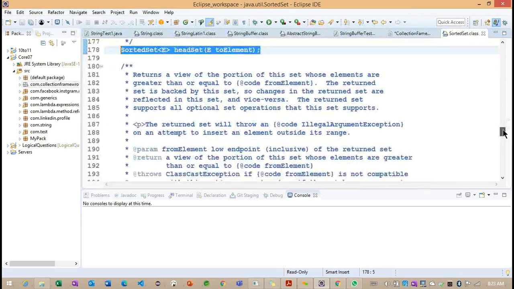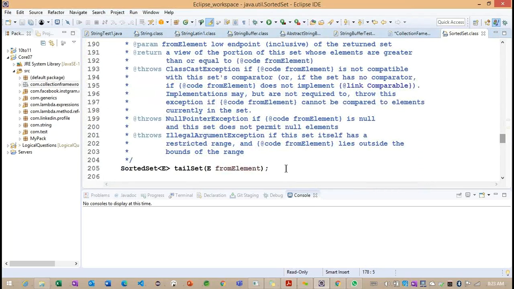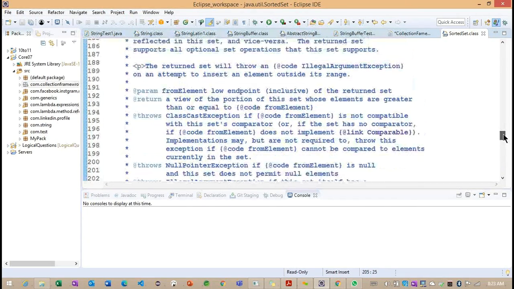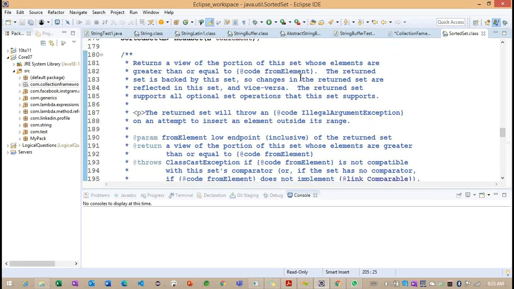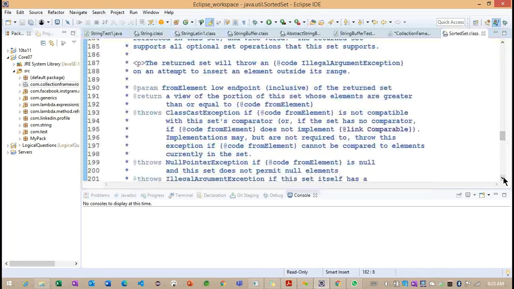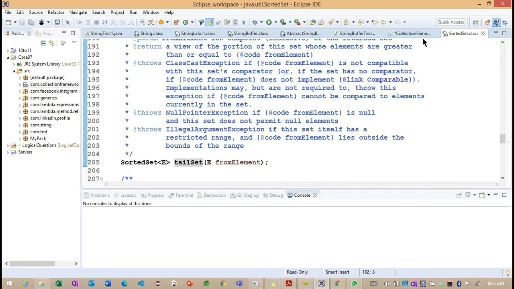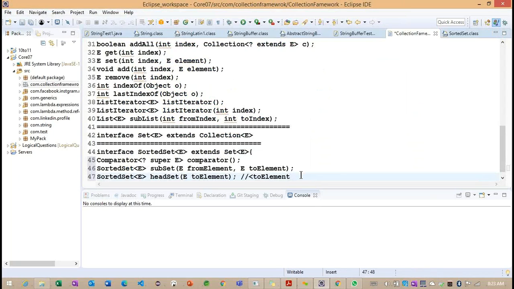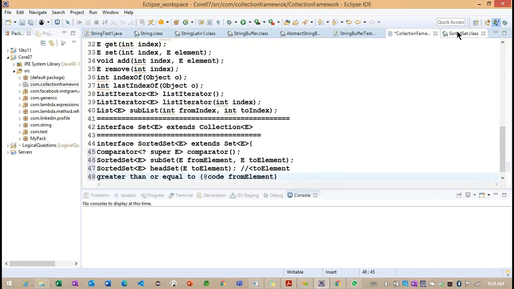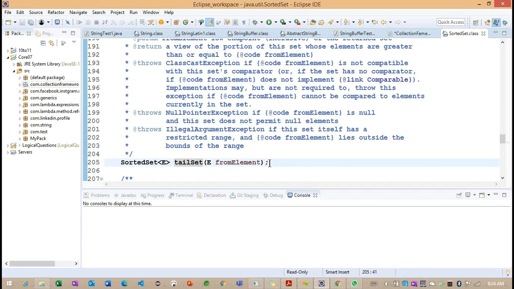After completion of this, we need to discuss the tailSet. Now you can see the condition for this tailSet: greater than or equal to the from element. This is important. So see the tailSet condition here.